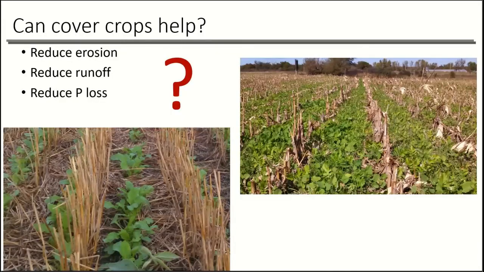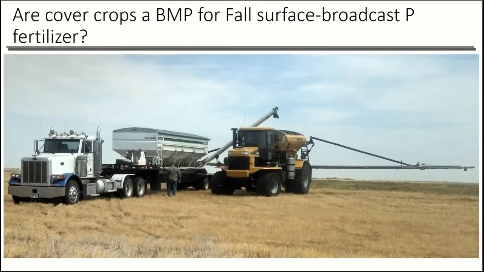There have been many studies that have talked about how cover crops can reduce erosion. A few studies talk about runoff and reducing phosphorus losses, but a lot of these studies up until recently had all been conducted in conventional till agriculture. And we had a fair number of producers come to us who were no-till producers, and they wanted to use cover crops as a best management practice, particularly when they were going to be fall broadcasting